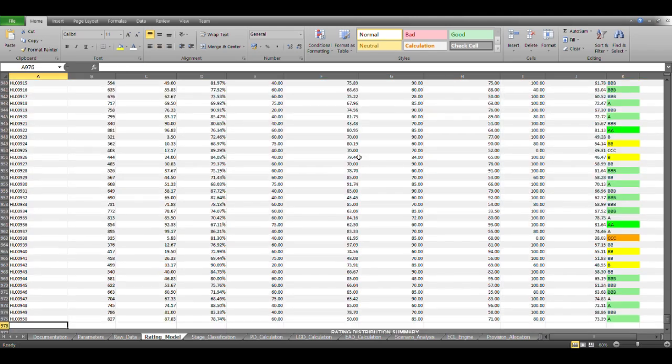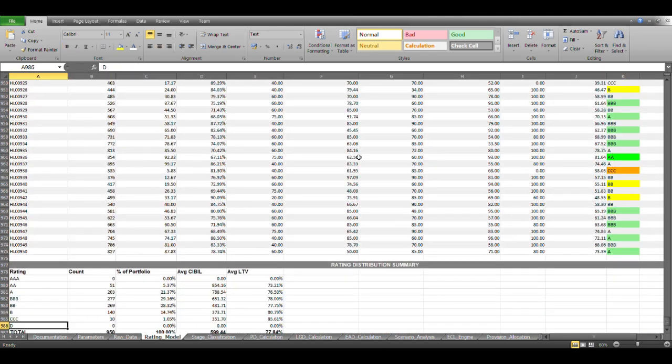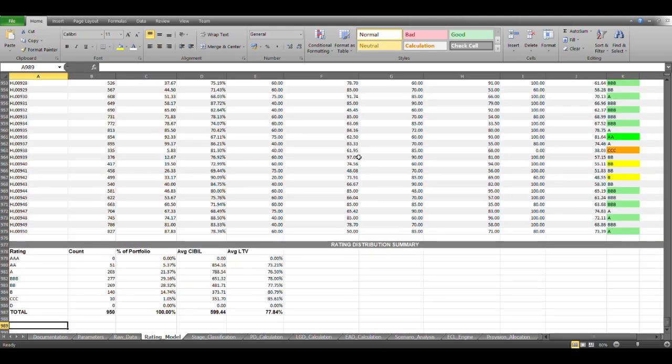So if I scroll down to the bottom, where I have put a rating distribution summary, here you can see from this statistical distribution the average score per rating band. The count and the average score are determined through the average CIBIL score, the average LTV across all the rating bands, and the percentage of portfolio along with the count.